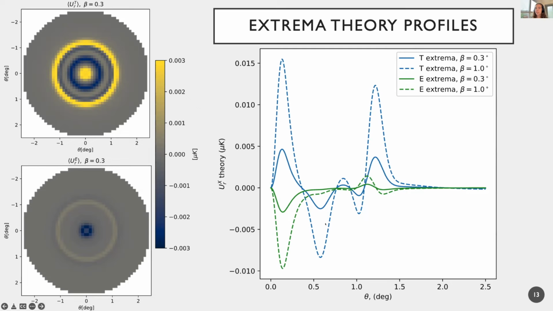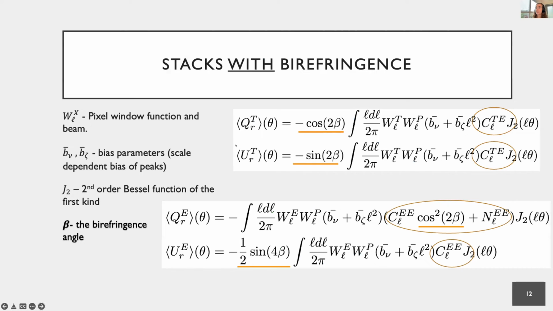You often want to radially average because there can be some weird pixelization effects close to the center, so getting the radial average smooths a lot of that out, which is good. As you can see, for a larger birefringence angle, you get larger peaks, so it's easier to observe a large birefringence angle. Just as on the previous slide, because the URs are expected to be 0 for a 0 birefringence angle, they're more constraining than the QR, which are just a slight shift on a large number already. So these are the values that we're going to look at for trying to measure